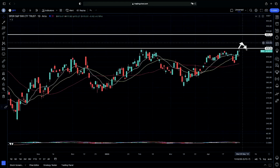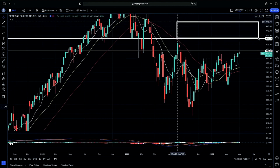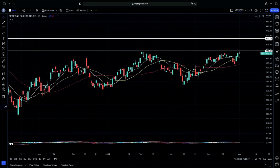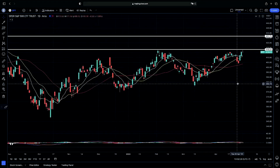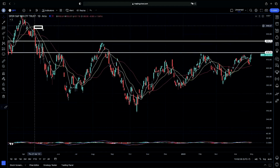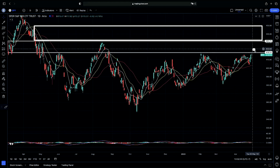But again, in my opinion, as we look on the weekly chart for that possible gap up from our prior gap downs here, what I would be looking for on the daily chart is to see if we can get that retest and continuation above our 431 level. Again, that is our resistance that we have here on the daily chart from our weekly chart for that overreaction move. So again, 418 to 431 will have some momentum if we do have that proof of concept, of course,